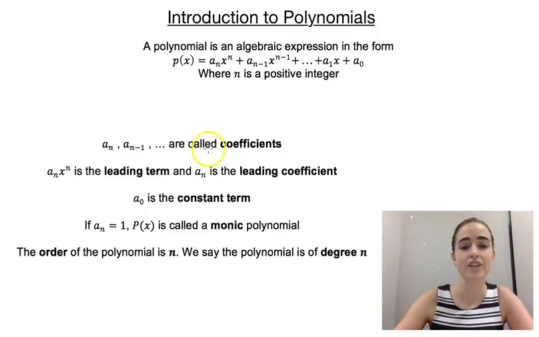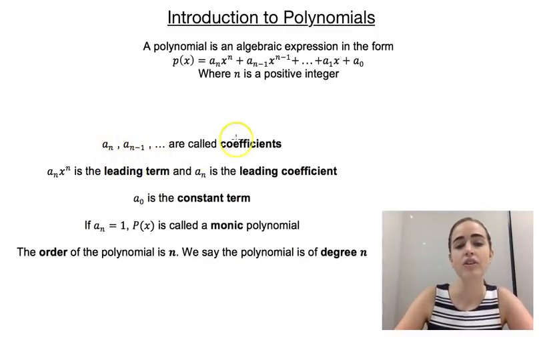So in that definition, we've got a few terms that we need to know. Our a_n, our a_(n-1), and so on, they're all called coefficients, and they're just numbers that are in front of our x terms. a_n x to the n is called the leading term, and a_n is called the leading coefficient. a_0, so that one on the end that doesn't have any x's with it, that's called our